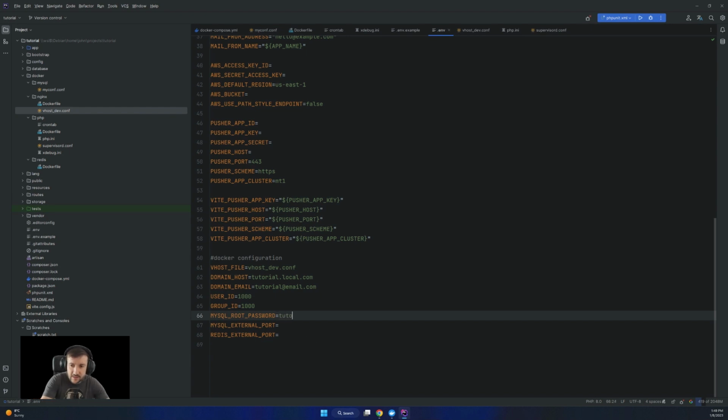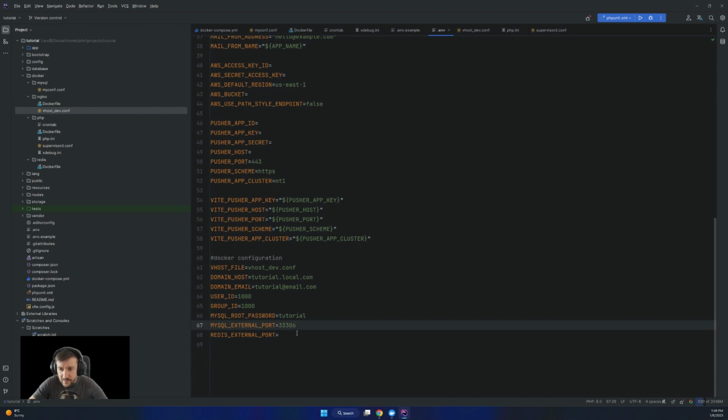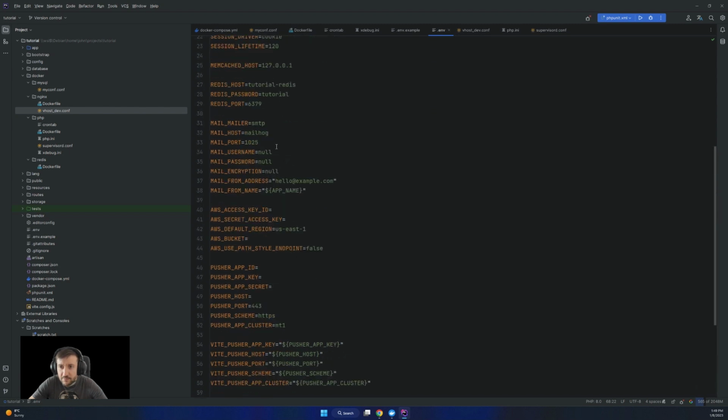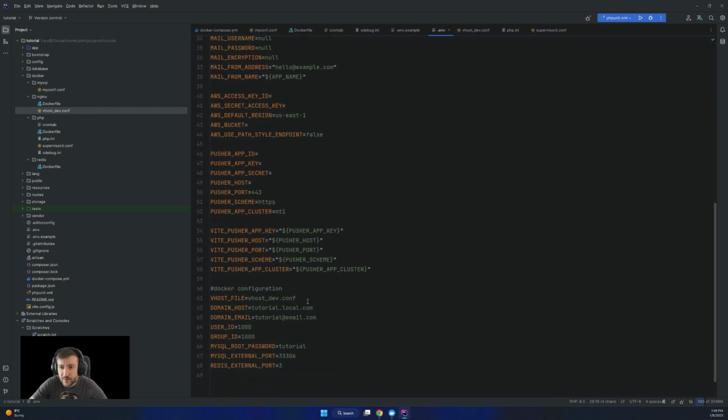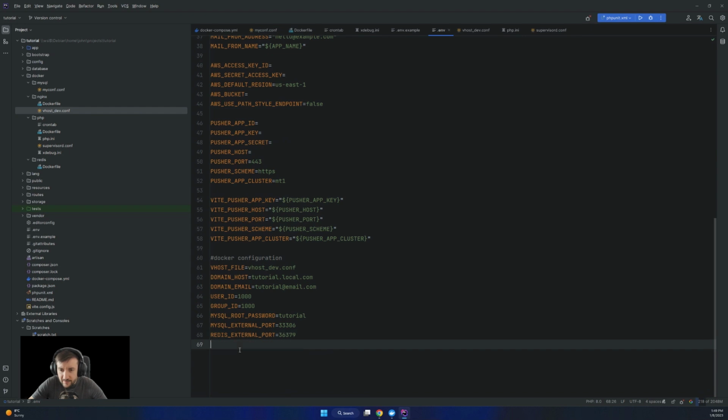For the root password, I'm going to keep it simple for now. External port to be something random. I don't know, maybe let's say 33306, so it will be 33306, and Redis external port, let's also put a 3 before the actual port. So we have it like this.